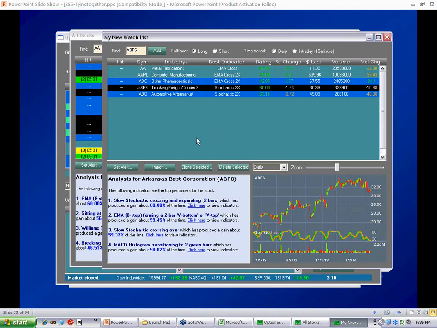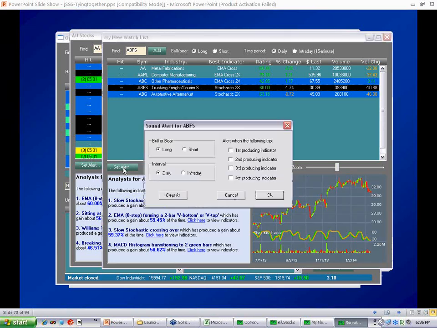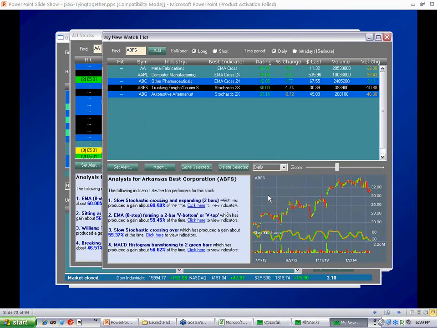You could even set an alert. How do you do that? Well, let's say you wanted to alert you when this stock that I have highlighted trips on its number 1 indicator. You go set alert. You want it to be long. And right here you got check boxes, which is the first producing indicator, second producing indicator, and so on. You check which ones you want to be alerted by. Let's say I want to be alerted by the first and second. If you go OK,